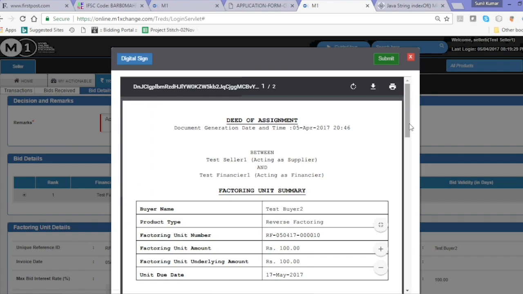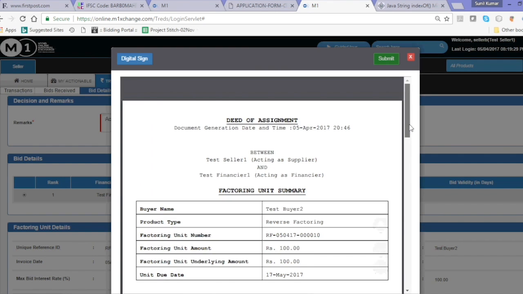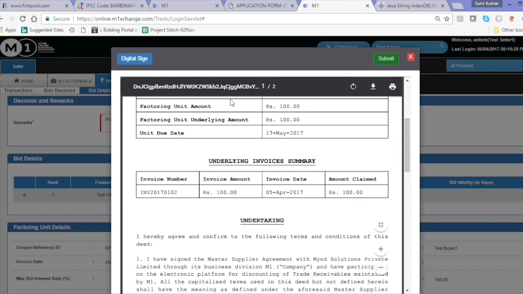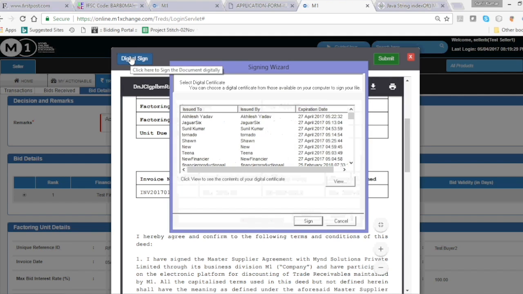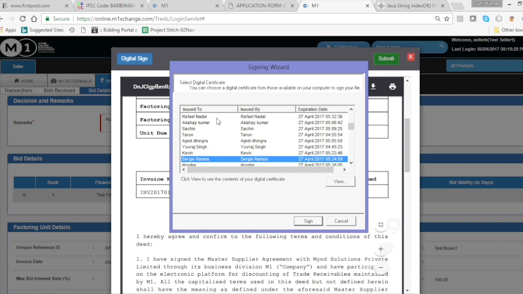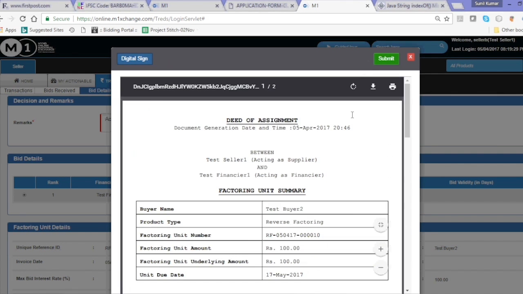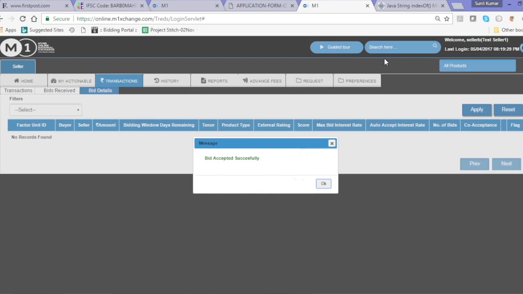And the deed of assignment opens up. The terms of the bids are mentioned here. The seller will need to digitally sign it and submit the approval. So the bid has been successfully accepted, and this will result into the onward banking transaction,